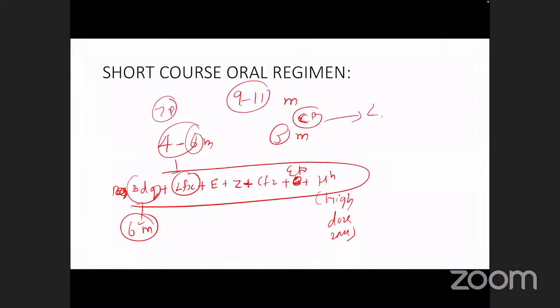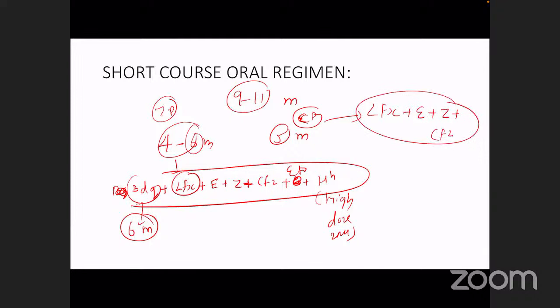Obviously for the continuation phase, you have to use levofloxacin, ethambutol, pyrazinamide, and clofazimine. Okay, these 4 drugs are to be used for the 5 months. The rest of the drugs, that is high dose isoniazid and ethionamide, these 2 drugs you may have to decide based on the smear or the CBNAAT result